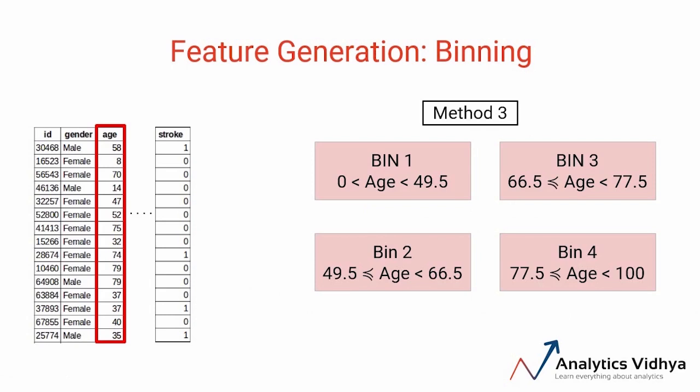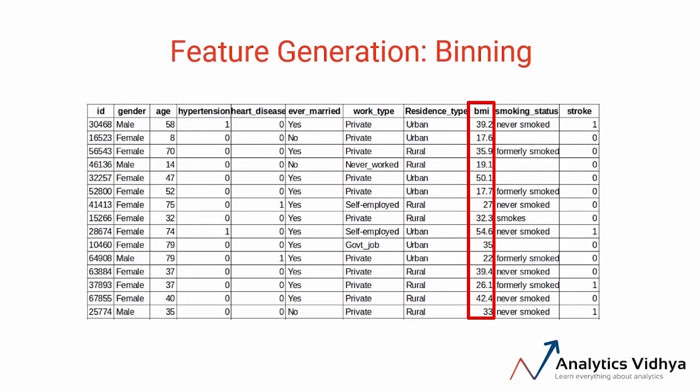Look at the bins again we have on this slide. Here are the cutoff values obtained using a decision tree model we saw in the previous slide. Let me bring up another example of binning. In this dataset, we have BMI values for each person, which, as you can see, are in decimals. Here we can round off the decimal values, for example, 17.6 here and 17.7, which will both become 17. In a way, we are creating bins at a whole number level, right? Let's now move to the Python notebook and take a quick look at the implementation of binning in Python.